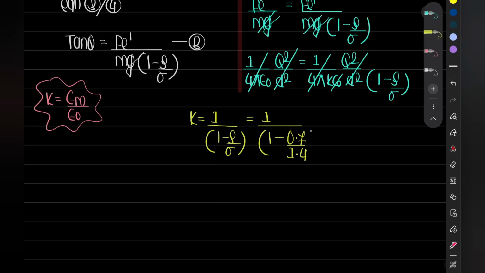It will be 1 by 2 because decimal and decimal will get cancelled. So 1 minus 1 by 2 will be again 1 by 2. Finally 1 upon 1 by 2 will be 2. So our final answer will be